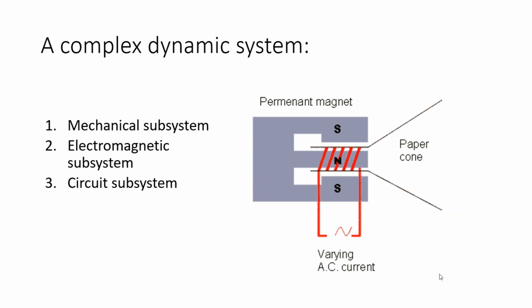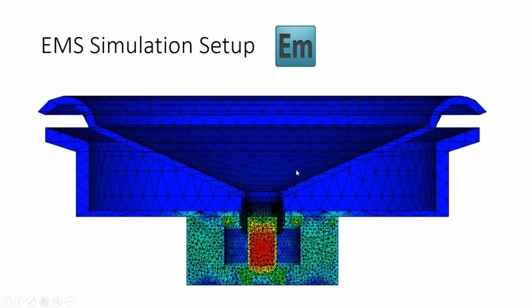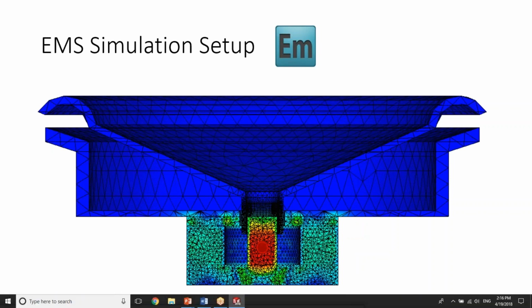At the same time, from the electrical side, from the circuit side of things, we will show how you can use EMS to compute the coil impedance for a range of coil positions and excitation frequencies, and see how for each frequency the impedance, inductance, and resistance of the coil are changing. So to do that, let's move right into SolidWorks,